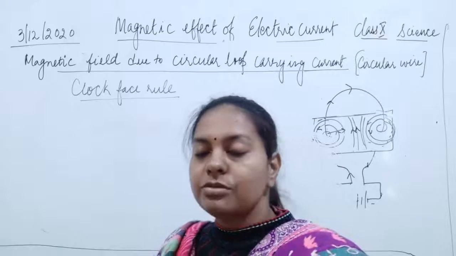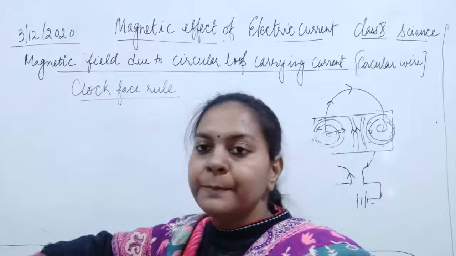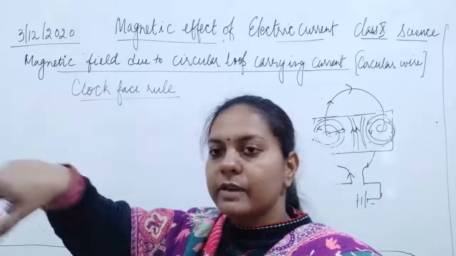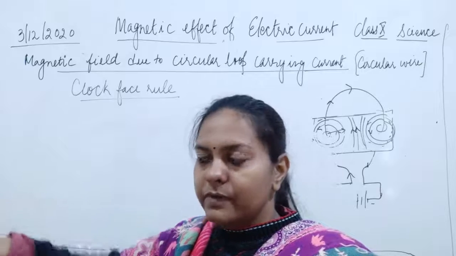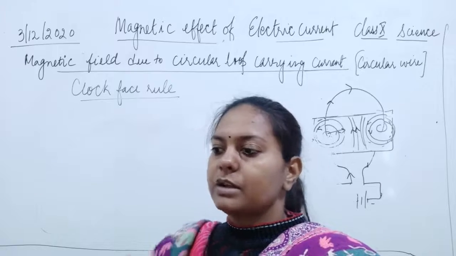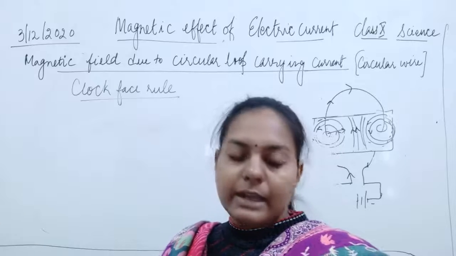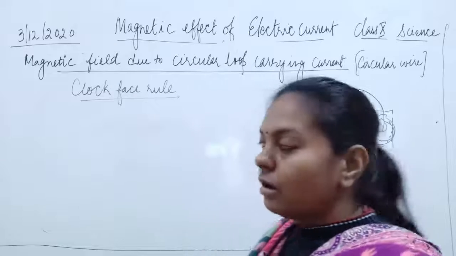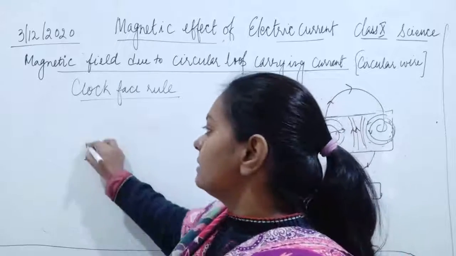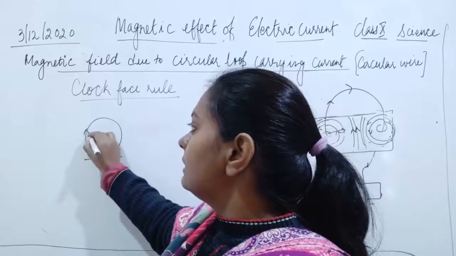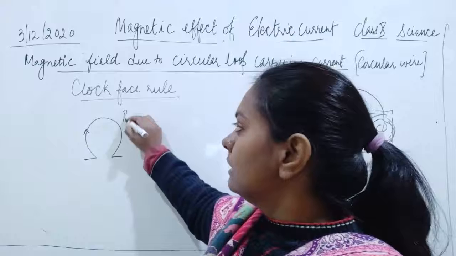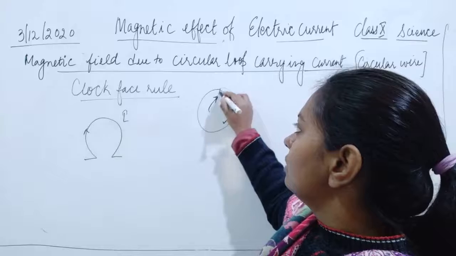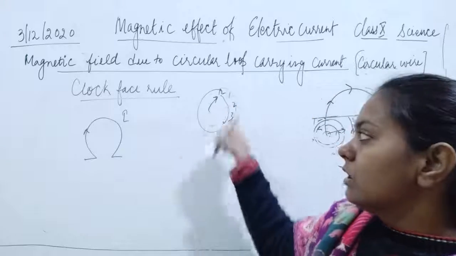ठीक है, इस तरह से एक screw rule भी होता है जहाँ पे clockwise direction में अगर वायर मूव कर रहा है तो करंट डाउनवर्ड डायरेक्शन में है तो क्लॉकवाइज डायरेक्शन में मूव करेगा उसका मैग्नेटिक फील्ड. अगर स्क्रू को ओपन करते समय डायरेक्शन अगर ऊपर की तरफ है तो मूव करेगा इन एंटी क्लॉकवाइज डायरेक्शन. ओके, सो यहाँ पर दिया हुआ है कि करंट तो क्लॉकवाइज डायरेक्शन में है पहले से ही. If the circular loop is there and the direction of the current is in the clockwise direction, क्योंकि जब क्लॉक चलता है तो 12 1 2 3 इस तरह से. ठीक है, सो this is clockwise direction.